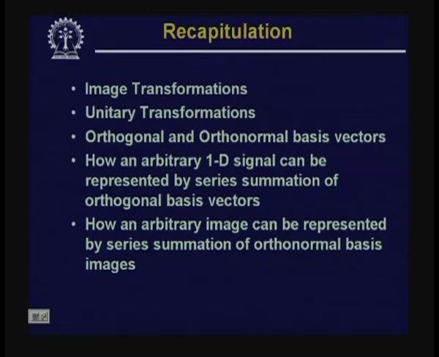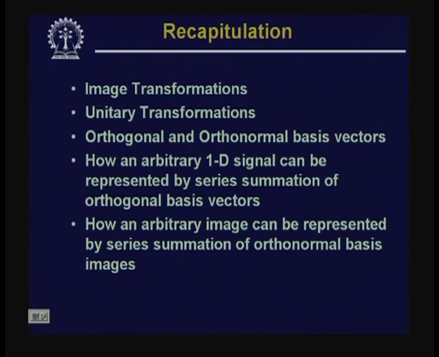We have seen how an arbitrary one dimensional signal can be represented by series summation of orthogonal basis vectors. And we have also seen how an arbitrary image can be represented by series summation of orthonormal basis images. So, when we talk about the image transformation, basically the image is represented as a series summation of orthonormal basis